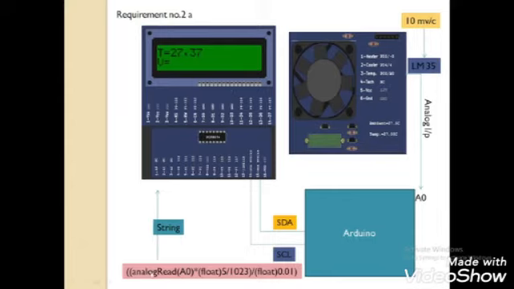And this is the formula for converting analog to digital, or converting the values to temperature: analog read, that is the data coming to the analog input, into 5 by 1023, that is the resolution and reference voltage, divided by this 10 millivolt.